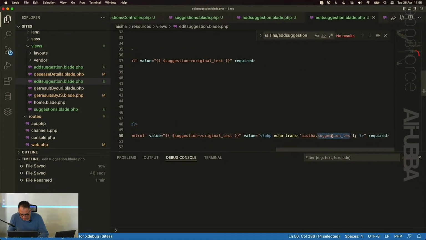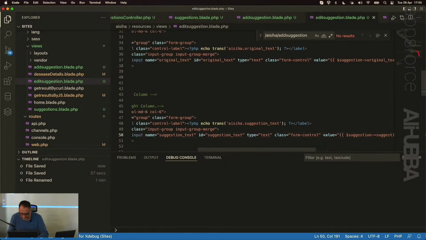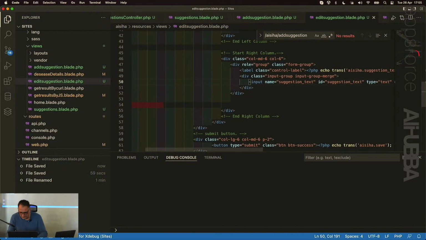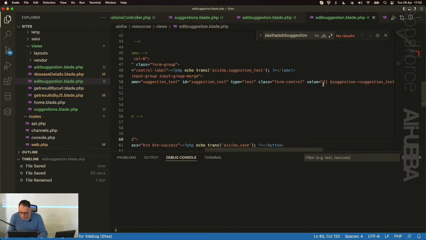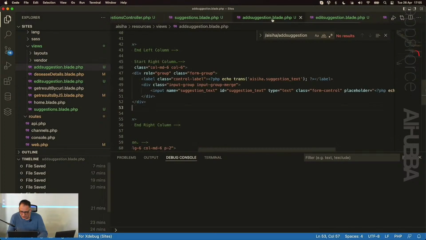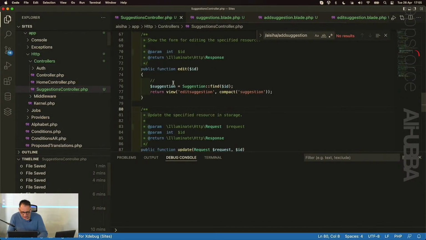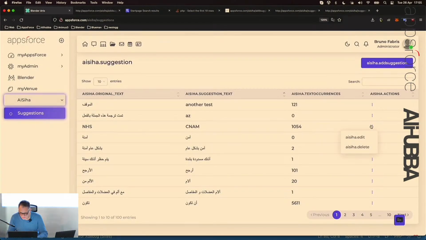This is suggestion text. And they are still required, okay? Now I can use this variable suggestion because in my controller I found that suggestion and passed it to my view. So if I say edit,